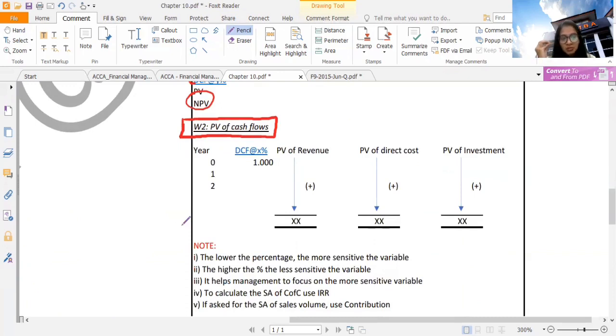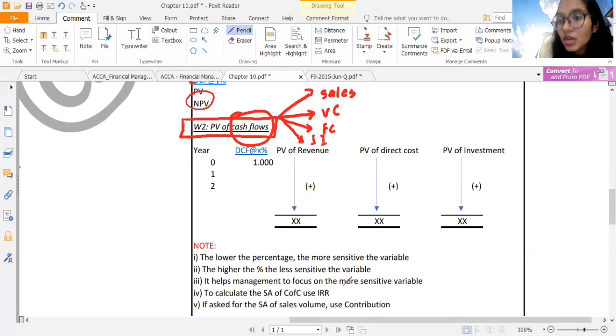All right, you must remember, whenever you are calculating cash flow, it depends on what cash flow the examiner is giving you. The cash flow can be sales, it can be variable costs, it can be fixed costs, it can be initial investment. This is what the examiner has given you, and this is what he has asked you to calculate. Now,